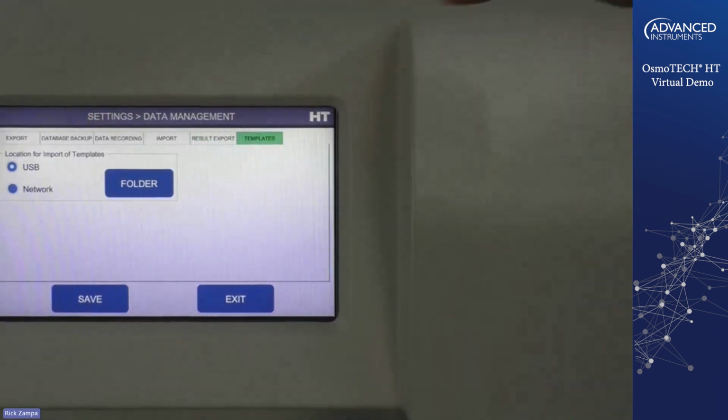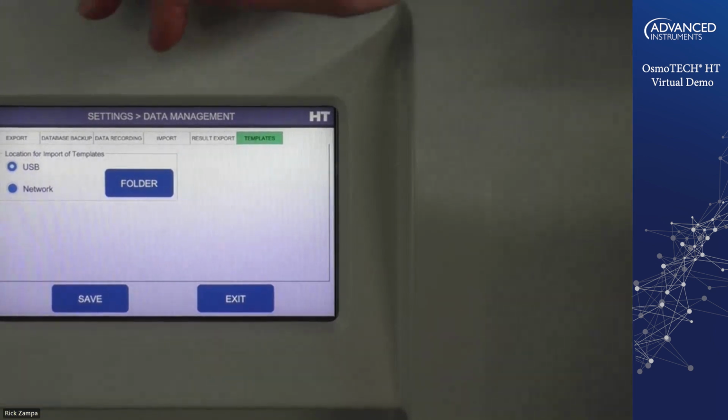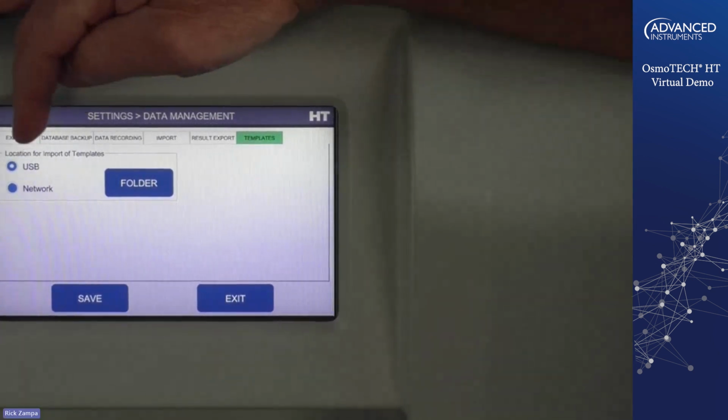Finally, we're going to get to templates. Templates is how you set up the testing on the instrument. And like I said, I manually picked the wells that I was going to test when I ran the first test there for you. With a template, you would already have that laid out. So in this particular case, what you're able to do is